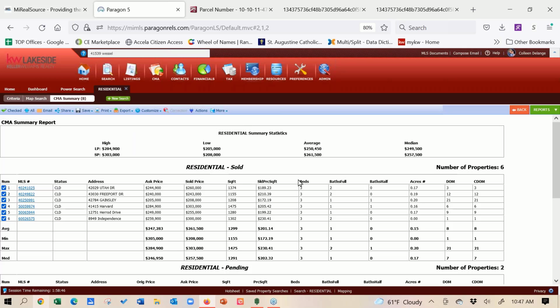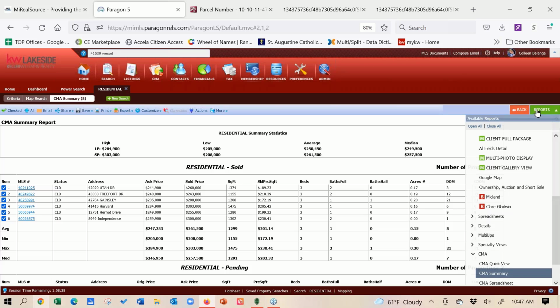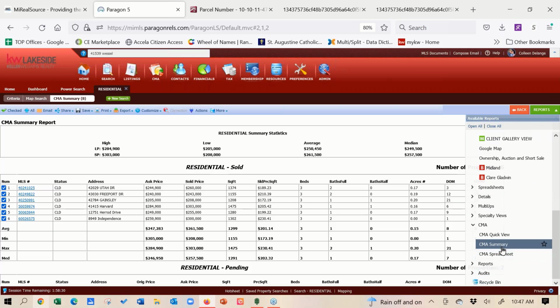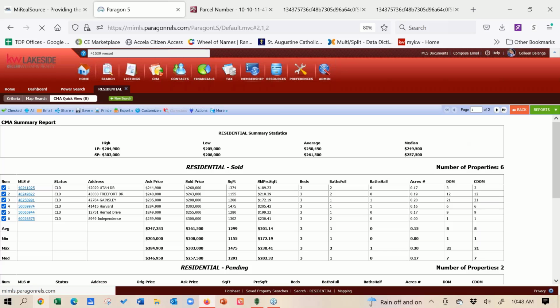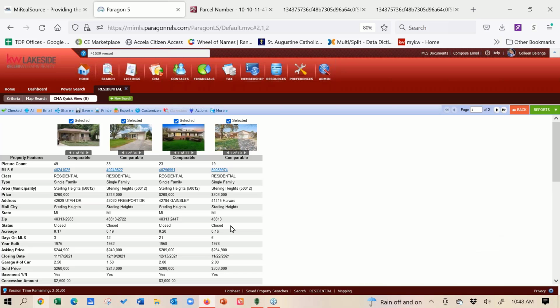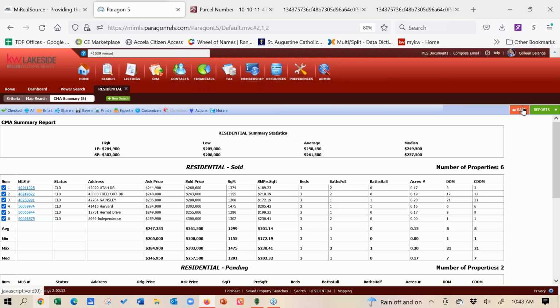All right, so good questions. Keep those questions coming. Feel free to put them in that questions box and we'll go ahead and address them. So again, different style of reports. If you just wanted quick and easy, you just wanted to know the numbers, if you go over to reports and you do the CMA Summary or the CMA Quick View, that will allow you to customize what comps you're pulling in and what fields you want to display. But now let's go back to our